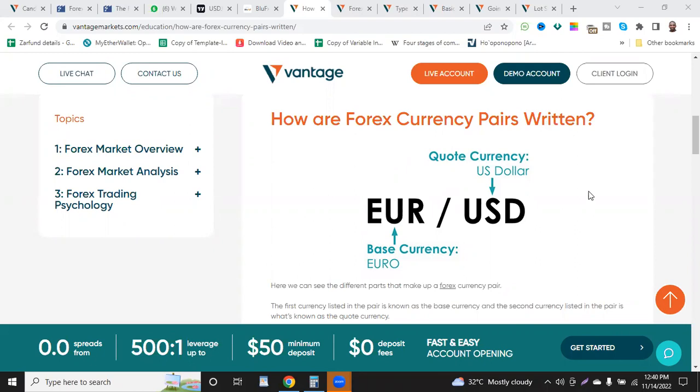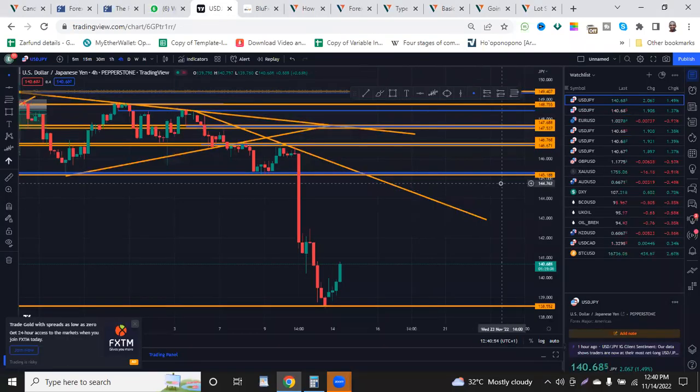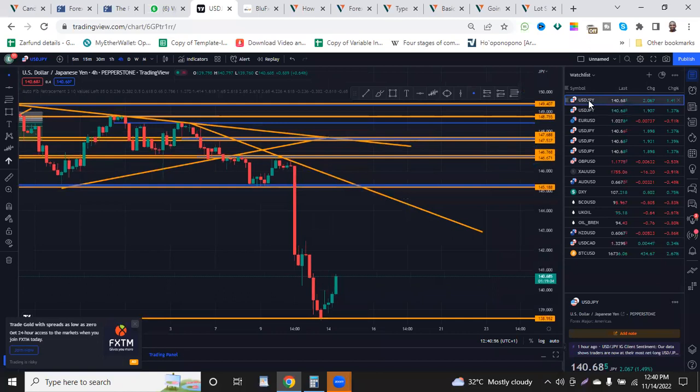So you have euro, you have USD. So the euro, like I said, is the base currency because it's the basis of the transaction that you do. Whenever you buy a currency, for example, when you come to these charts today, you have USD JPY, you have GBP USD, you have gold, you have AUD USD. For every pair you trade here, if you place a buy trade, you are buying the currency